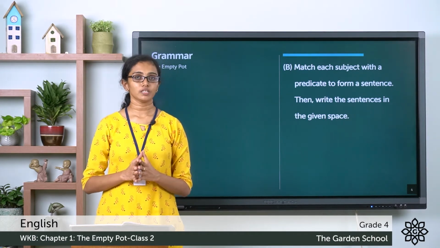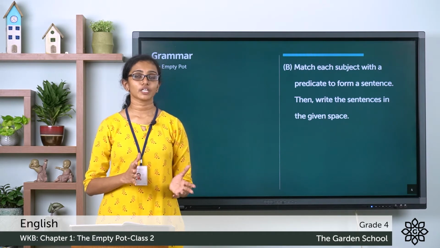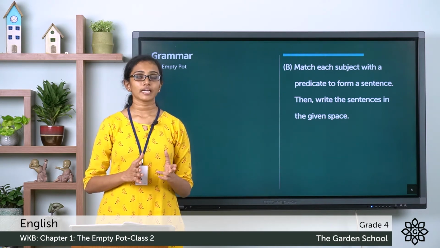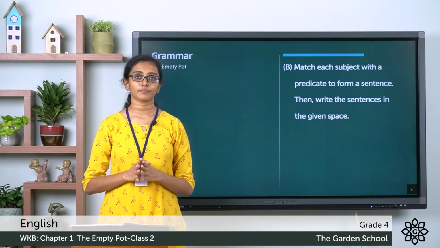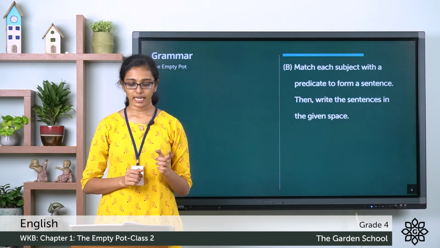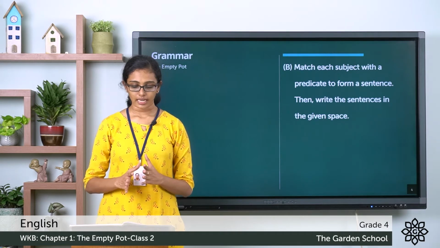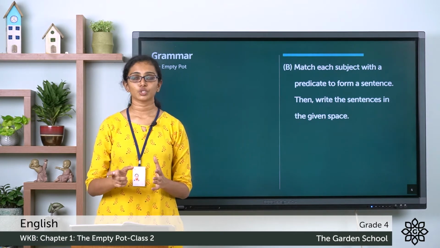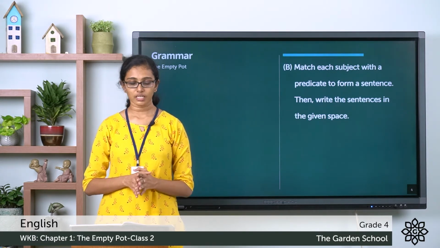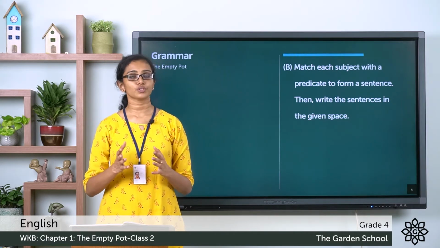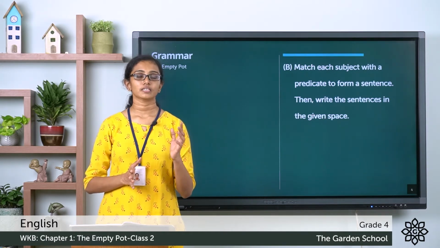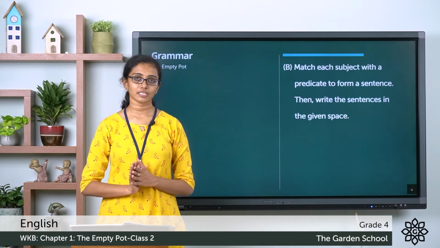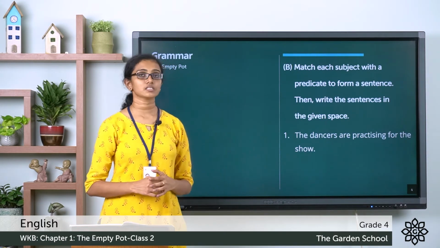So here you can see a table. Each sentence here is divided into the subject and predicate and they are mixed up. You have to find the right match for each subject and predicate given in this table. For example, the first question, the dancers. This is the subject here and in the next column, the right side column, we can see a few predicates. Identify a suitable predicate from among these. You see the option E, are practicing for the show. This predicate matches the subject, the dancers. So let's complete the sentence and rewrite it here in the space given as: the dancers are practicing for the show.